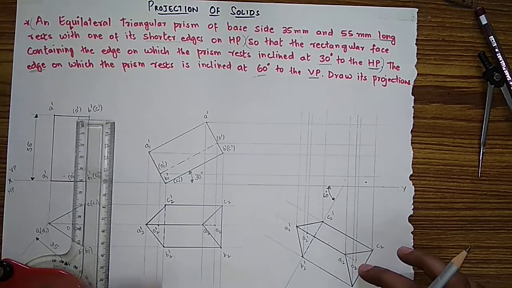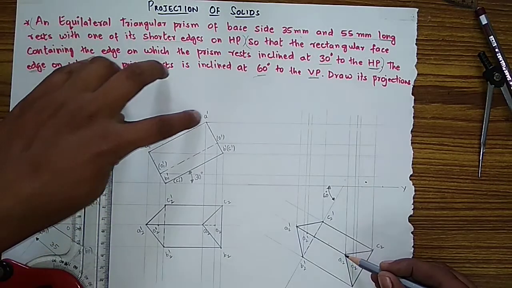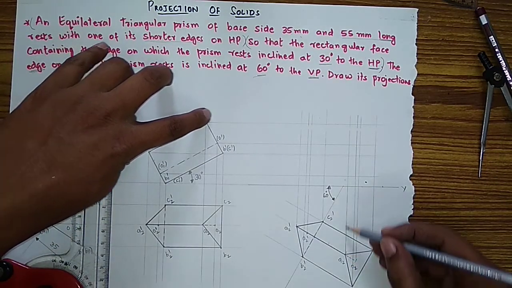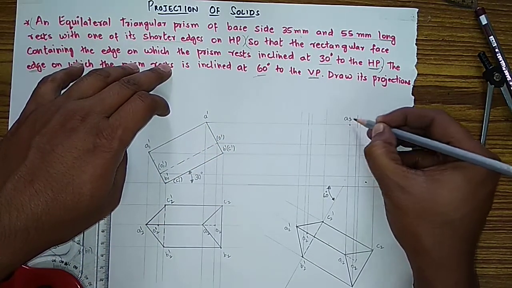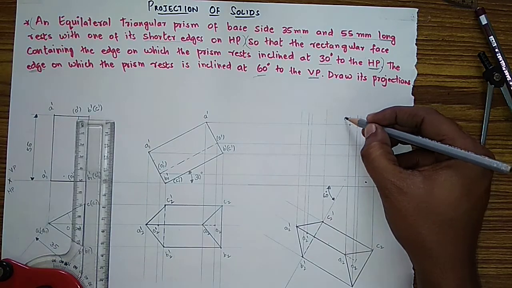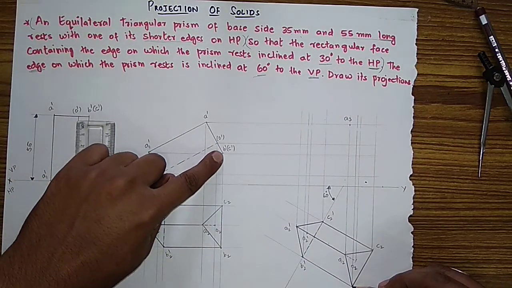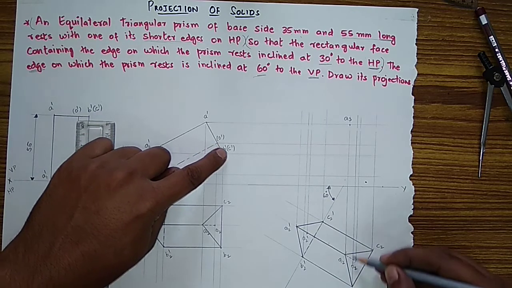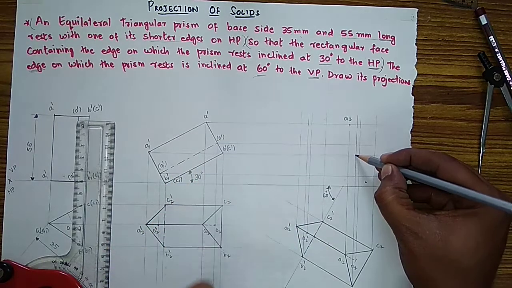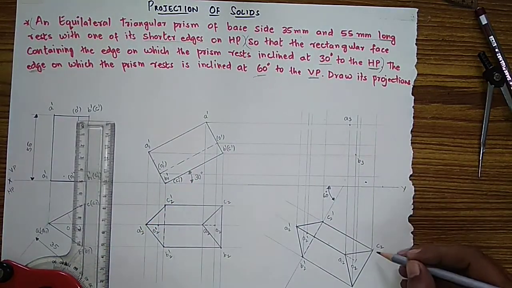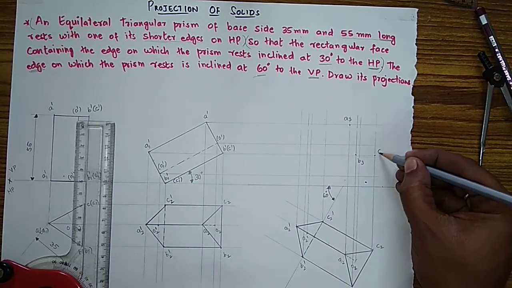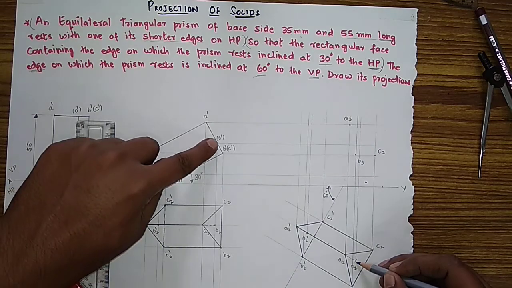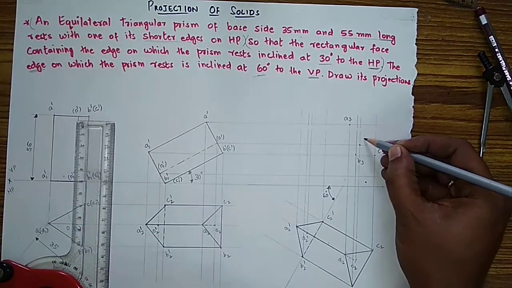Then after, at these points I have to remove the points a2 dash a dash, where it is meeting here, your point. If I am putting a point, you have to change the labeling also. A3. Then b2 b dash, where it is meeting, carefully see and put a point b3. For the c2 c dash, where it is meeting here, that is c3. Then o2 o dash, where it is meeting here, o3.